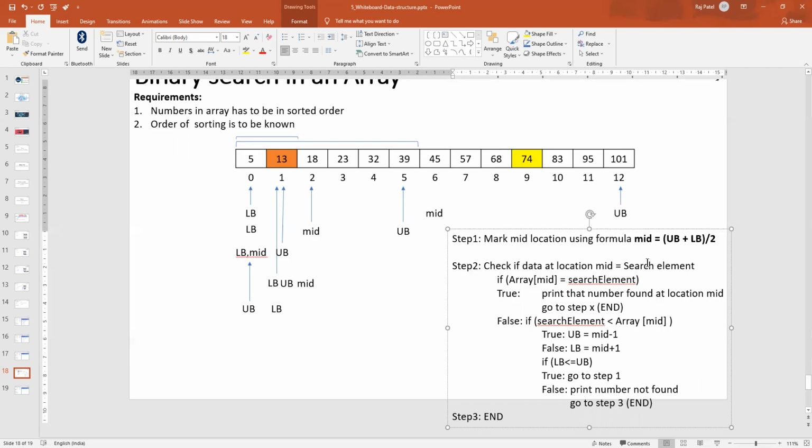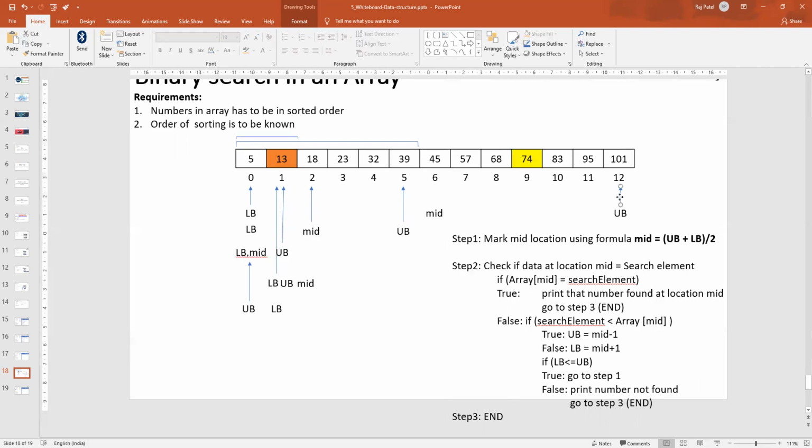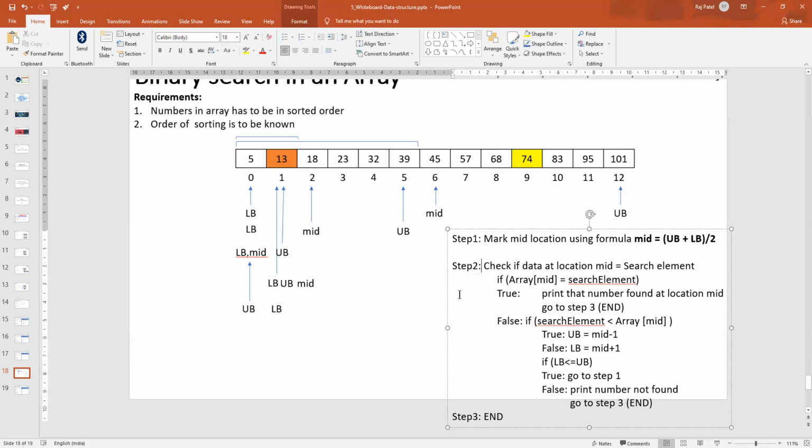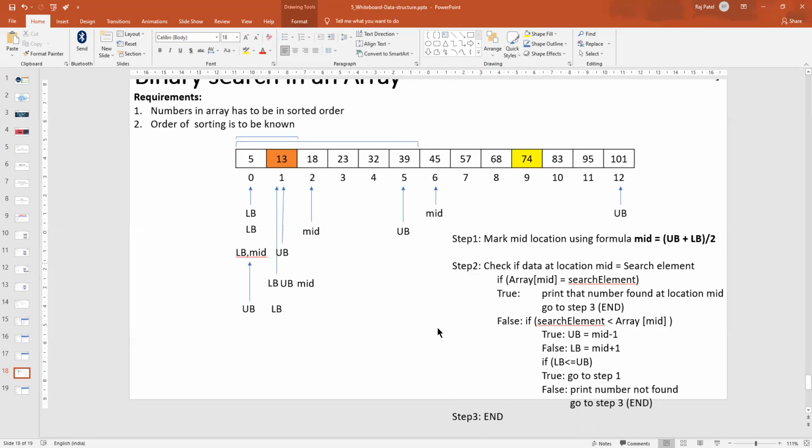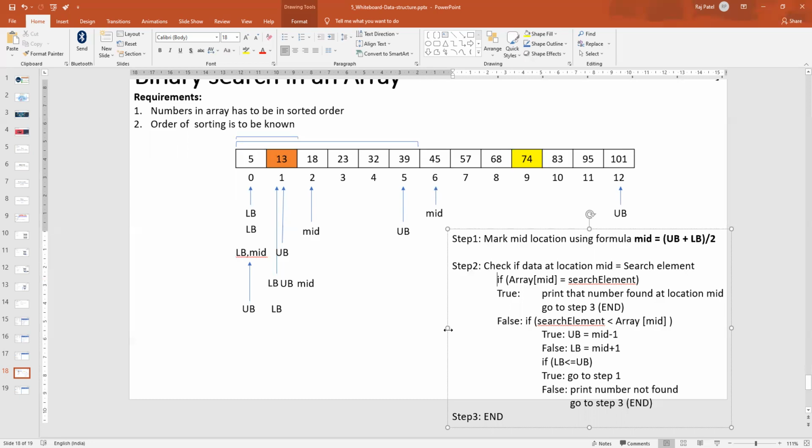Okay, so currently what I have tried to do is I have only tried to explain this algorithm. I have not written the actual algorithm, because for writing the actual algorithm you will have to write a few more things, set the array location at this, at that, and all those stuff. You'll have to go on writing that. But I hope it has become clear to all of you how this algorithm works.